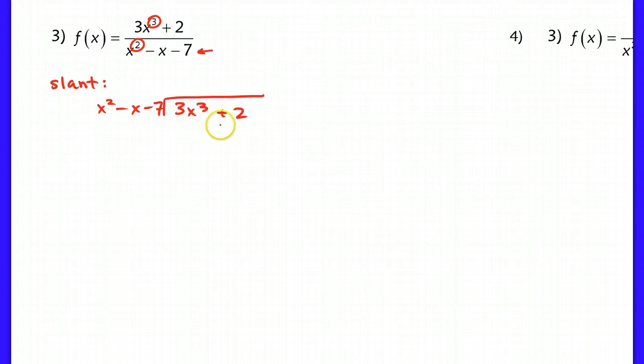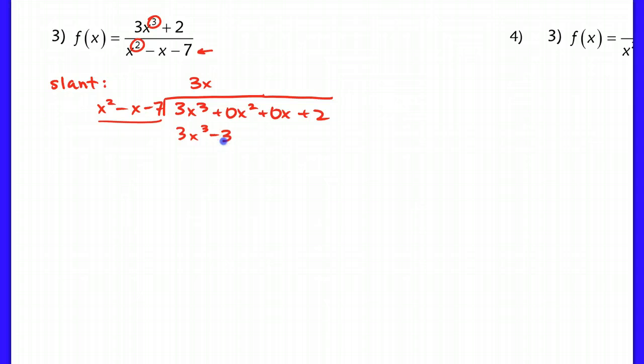Now I want to make sure I have a placeholder here for 0x squared and 0x. So I need to have that quadratic term in here and a linear term in here plus 2. So now I look at it and I say, how many times does x squared fit into 3x cubed? It fits in exactly 3x times. So now I distribute that 3x to each one of the terms here in this polynomial, and I get 3x